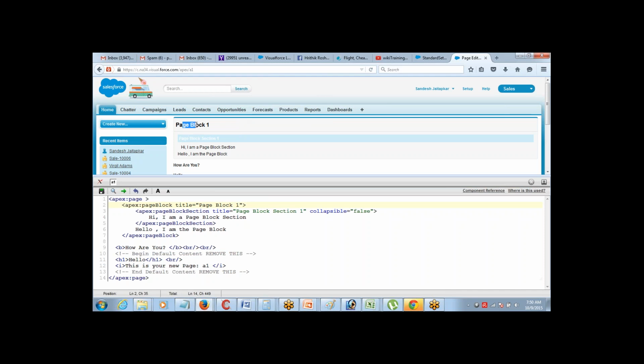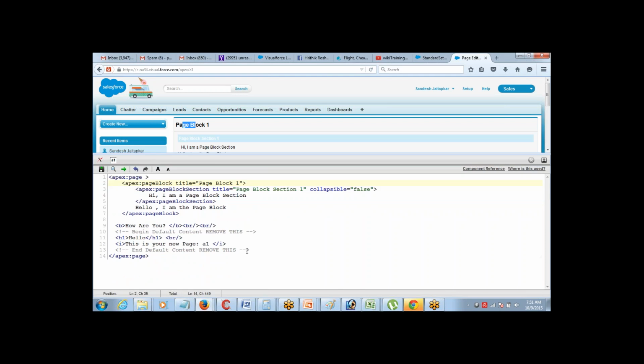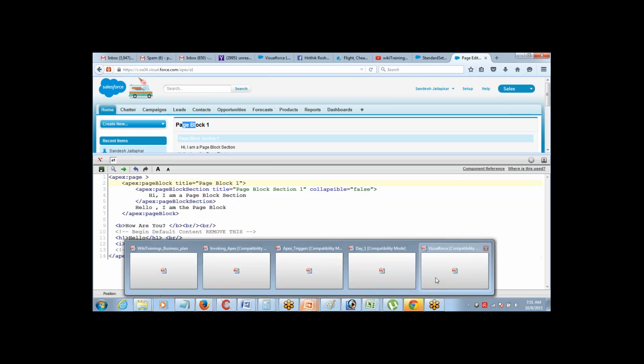So you can now utilize all your time into working towards your logic, that what kind of data I want to display, where do I want to show the data, what button I want to create for the user. So that makes life a lot easier for a developer. While you're developing on the Salesforce.com platform, or with Visualforce, it's a lot easier as compared to developing any other web page using HTML or anything else, right? So that's how it is. We are definitely going to get a little more into this, and we are going to define a lot of pages during our training program. But before that, let's now move into the controller part.